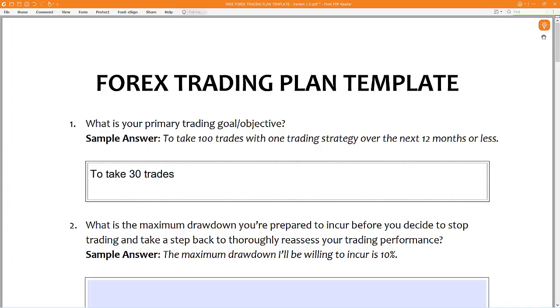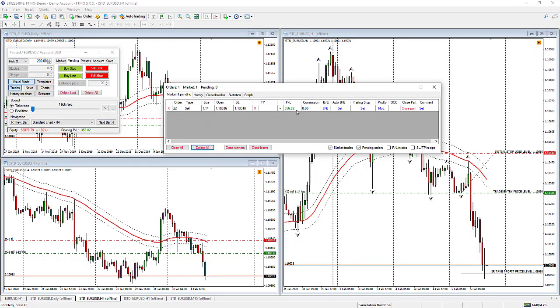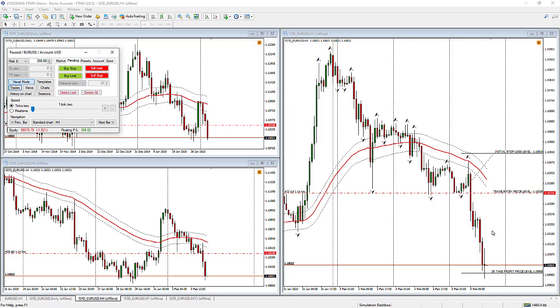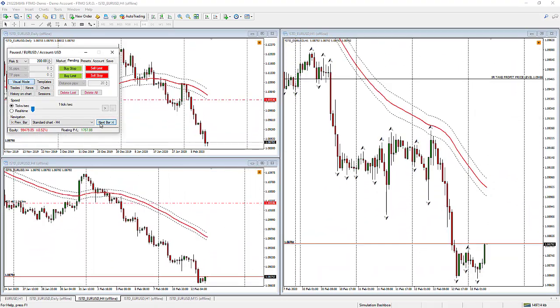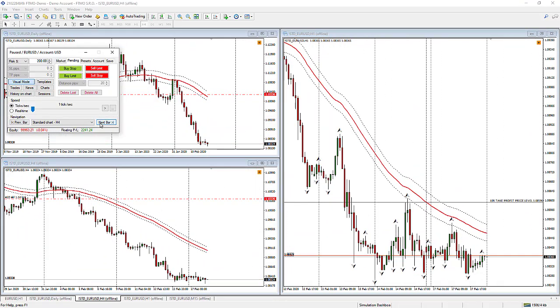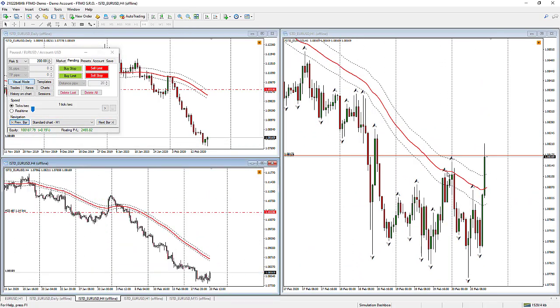In a nutshell, you should only set performance-based trading goals because they're going to help you to focus on the process of trading by sticking to the rules of any trading strategy that's been proven to have an edge over the markets when it was rigorously backtested on historical data and forward tested on a live account with real market conditions. And you should avoid judging the performance of any trading strategy based on the outcome of a single trade